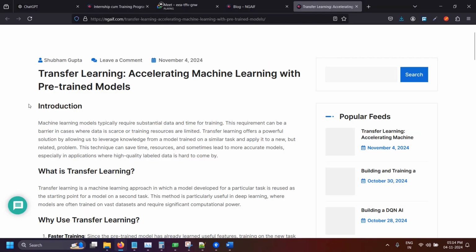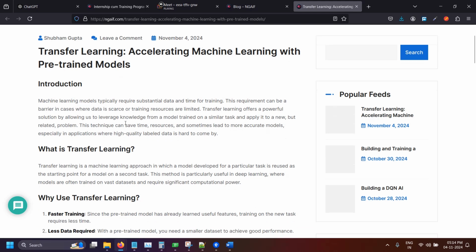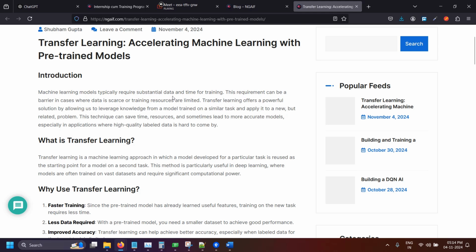Okay, so what happens is, as you know, for training we will require a lot of data and time. So machine learning models typically require substantial data and time for training. This requirement can be a barrier in cases where data is scarce or training resources are limited. So if you are training, for example, some specific part like